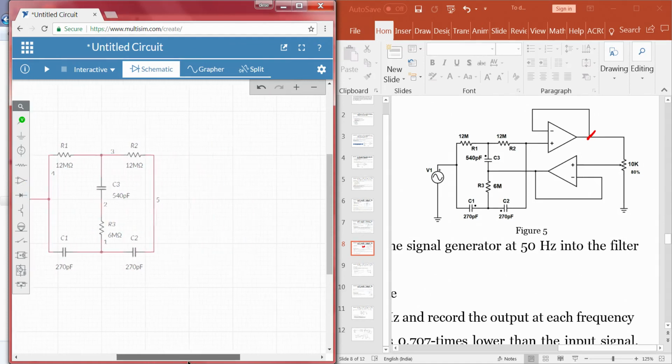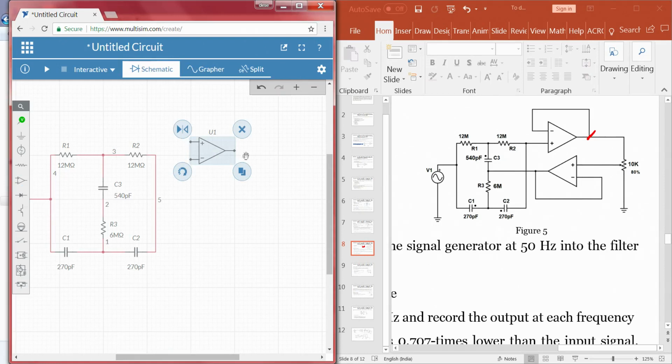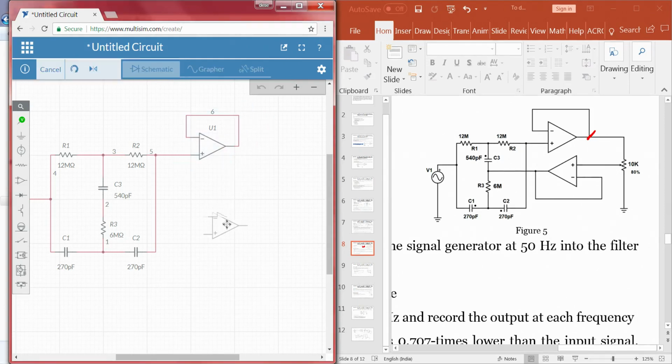And we need 2 op amps. So, 1 op amp we are taking here, and the purpose of these op amps is, one is to provide impedance mismatching, and the other is to provide some offset to the system. So, what we do is flip the op amp. The connections will look similar to the connections that we see in our circuit board, right, and we will take one more op amp and rotate it, okay.